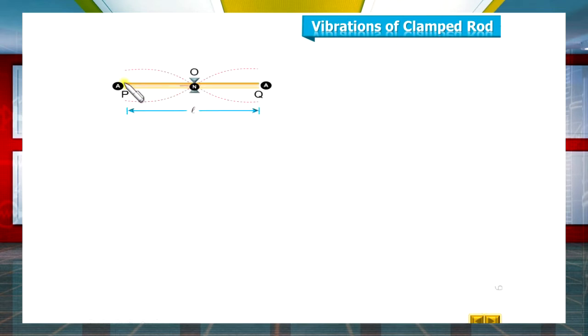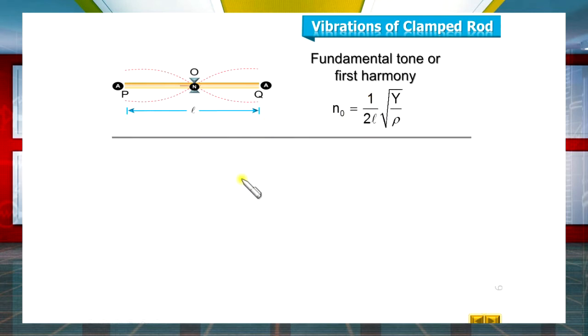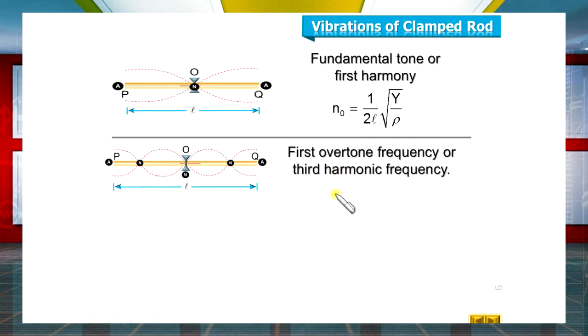So let us make this the fundamental tone of vibration, or fundamental tone, or first harmonic. And here n0 equals 1 divided by 2L under root Y divided by rho. In case of the next oscillation, we have one node on either side of the fixed end like this, right? Here the frequency is called the first overtone frequency or third harmonic frequency. And here n1 equals 3 divided by 2L under root Y divided by rho,